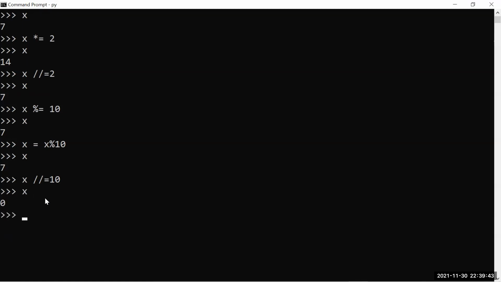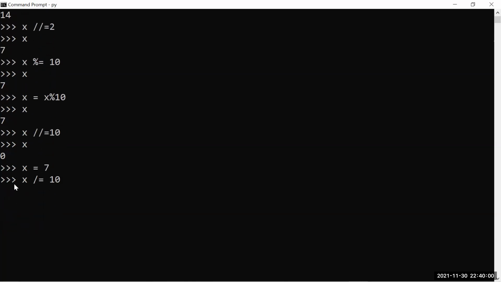It will come as an integer, because the coefficient is 0, so 10 zeros are 0 and it will be equal to 7. If we put a point, our value will come. If I say X equals 7 for now, and if I want to change this to float division, now what will happen? It will return 0.7 for the X. Got it? I confused the percent symbol with division. It is quite common in the initial stages. Such errors keep happening.